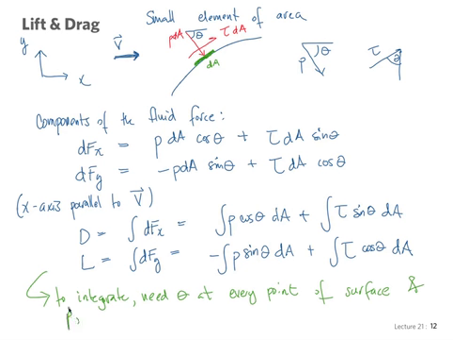And this is what's very hard to know, P and tau at every point. Because it is so difficult to know these things, unless we do a very detailed computational simulation, and even so there might be some errors, or it might require a lot of computational power, then it turns out that